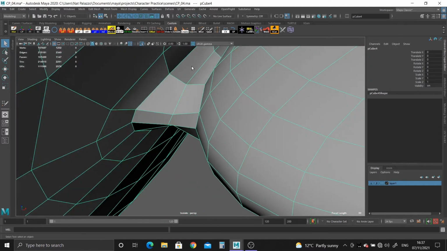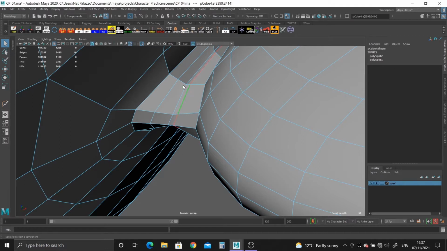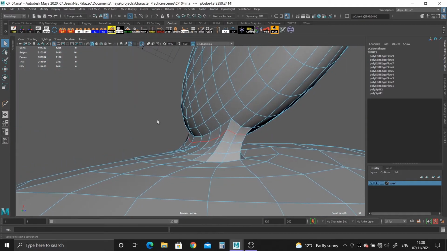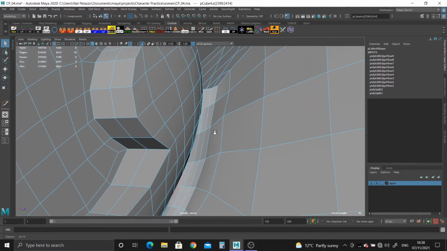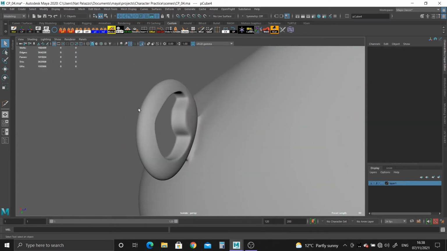You might want to just add a bit more resolution and then play with it. So if you grab these edges here and just do edit edge flow. Oops, I'm using the wrong tool. There we go. And that should make it better now. Yeah, it still looks a bit weird, so we might have to go back to